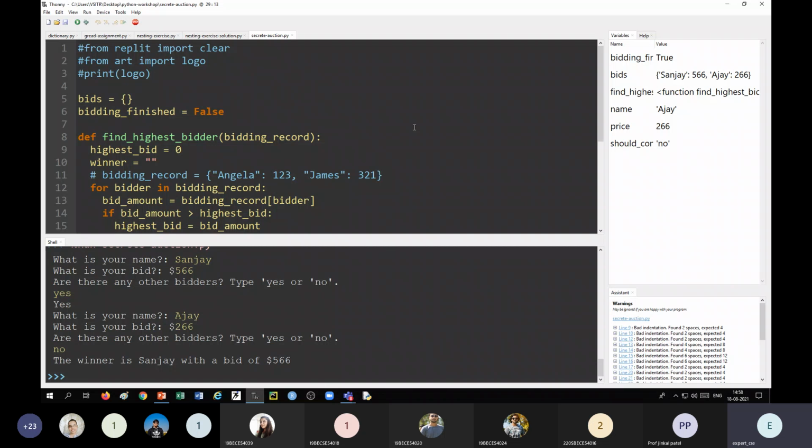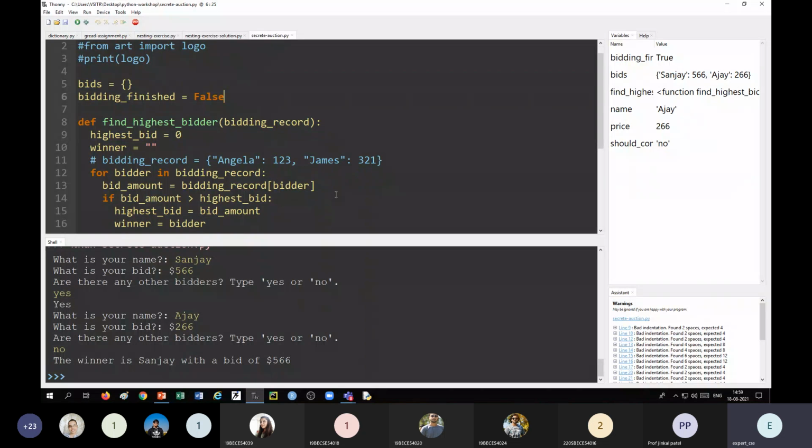So can you write this? All of you try to write these things. You have to accept the name and the bidding amount from the keyboard. You should continue till the user says no. As and when the user types no, you should print the highest bidder.